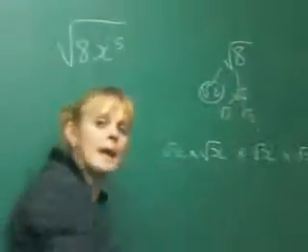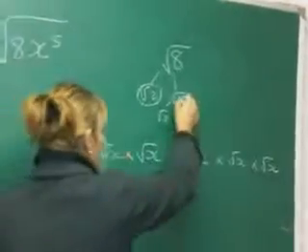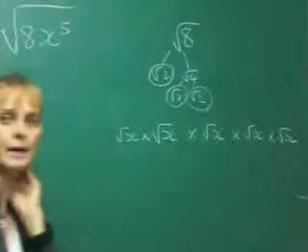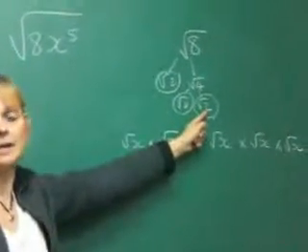Now the root of 4 can be broken up further. It can be factorized. So the root of 4 is the same as the root of 2 times the root of 2. So I factorize it. This is the end of the line. I can't take the root of 2